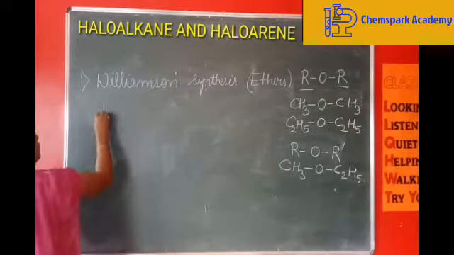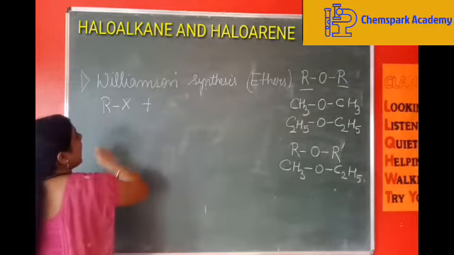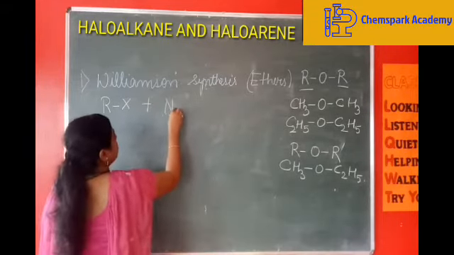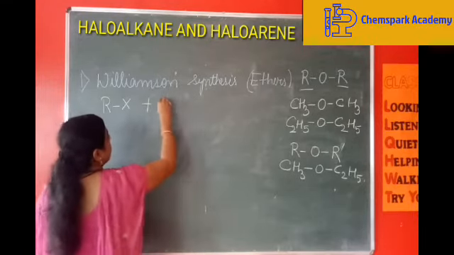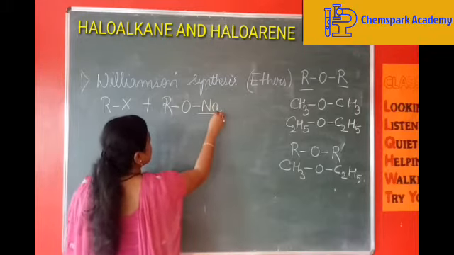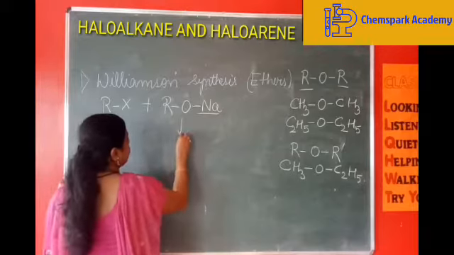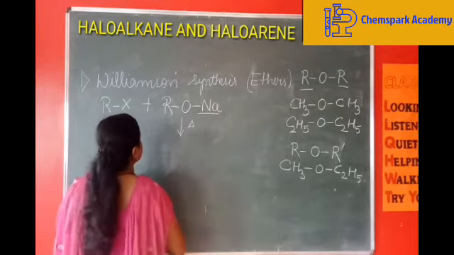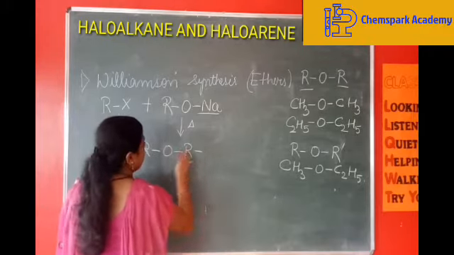That is, when alkyl halides are reacted with alkoxides, RONa, it can be sodium or potassium alkoxide, and we heat this, we will obtain ROR, that is our ethers,